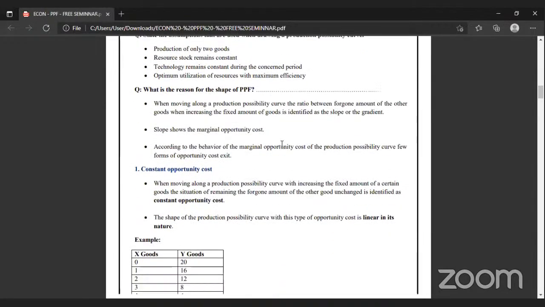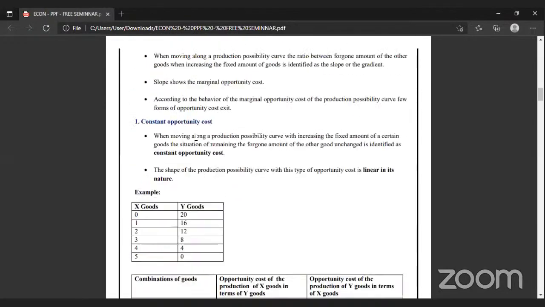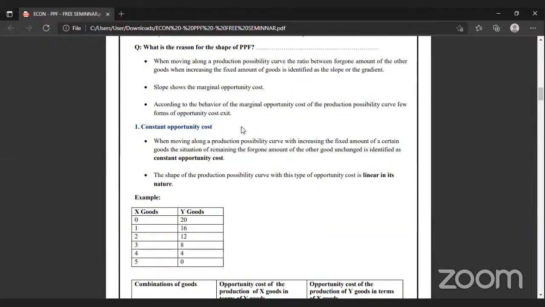Right. Shall we go for a small quiz test? Because you guys have enough understanding about this PPC and opportunity cost. Shall we go for a small activity? Are you ready? Online quiz. I hope you are ready to do it. Wait a minute. Since you have a good understanding of that, just to warm up and for you all to have a small fun activity.